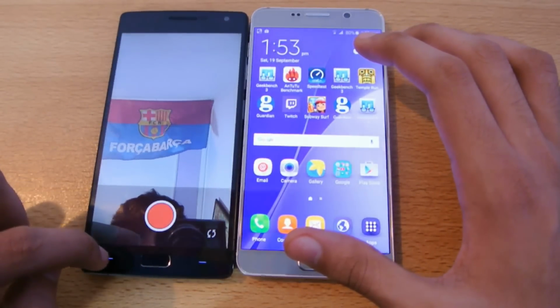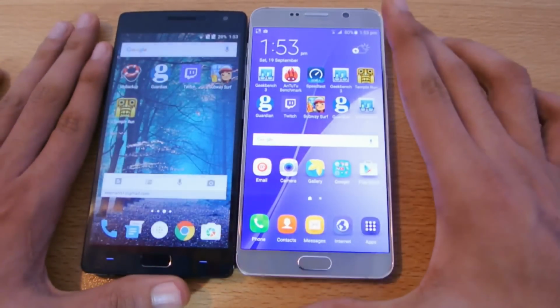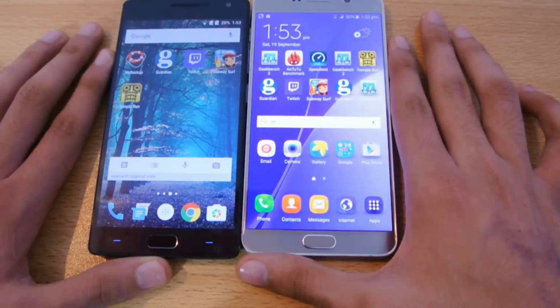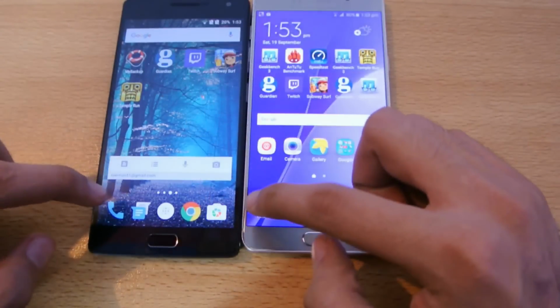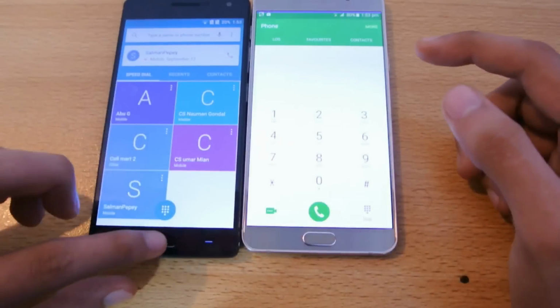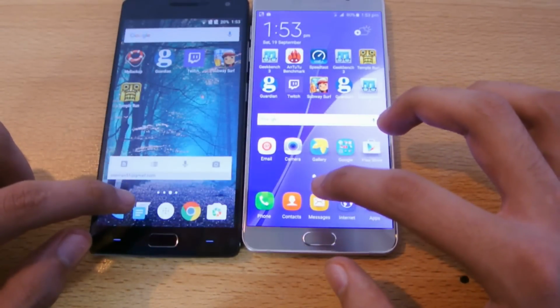Oops. Let's open up the dialer. Let's just open up the stock system applications. Let's see how this will perform in terms of that. Wow, again there was like a noticeable difference there. Messaging,